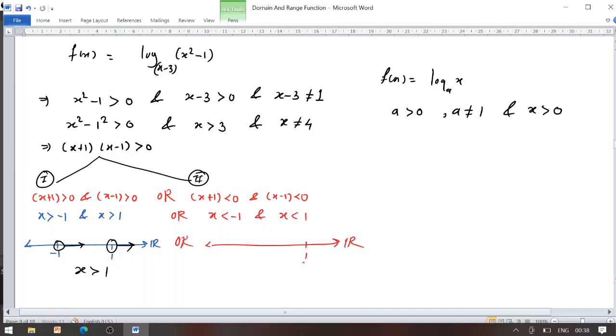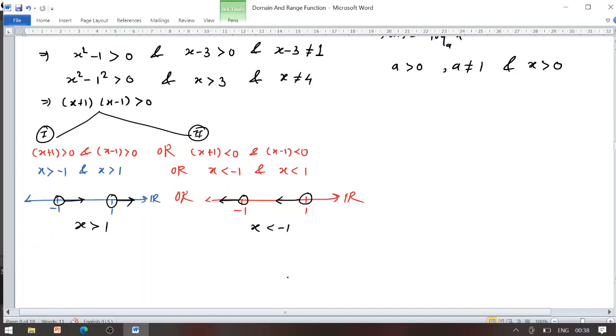So for that we have a 1 somewhere on the real number line, left of it we have a -1. Whatever real number is just left of -1 is less than -1, and whatever real number is just left of 1 is less than 1. So the intersecting part of both becomes x less than -1. So the union of both cases is of the form now